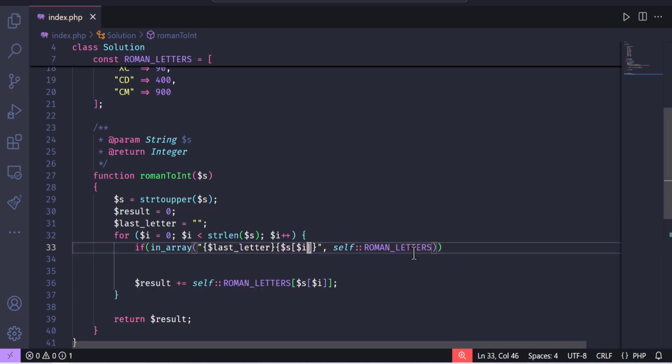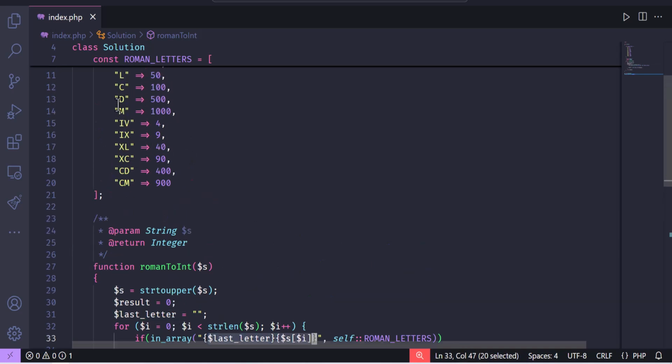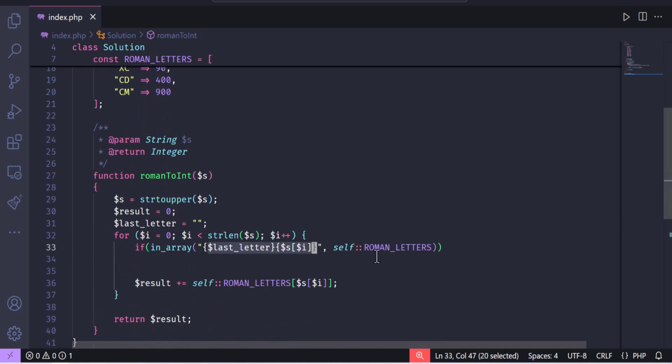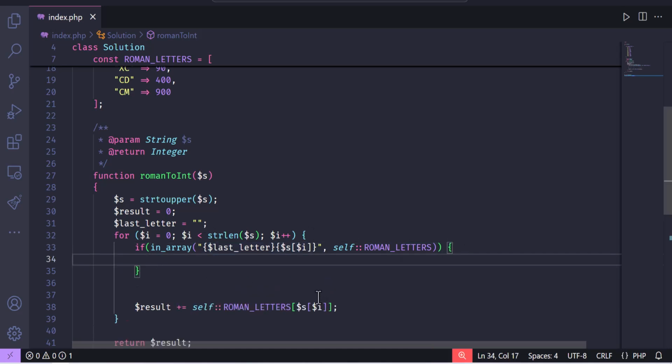Okay, if the last letter and current letter, which is this, exist in this array, it means that we have it. So